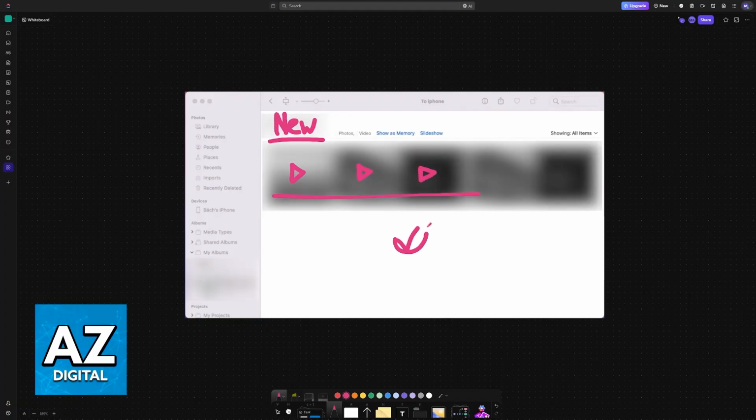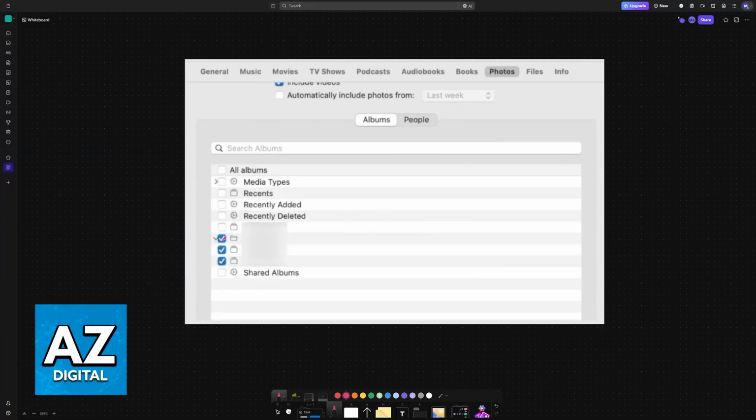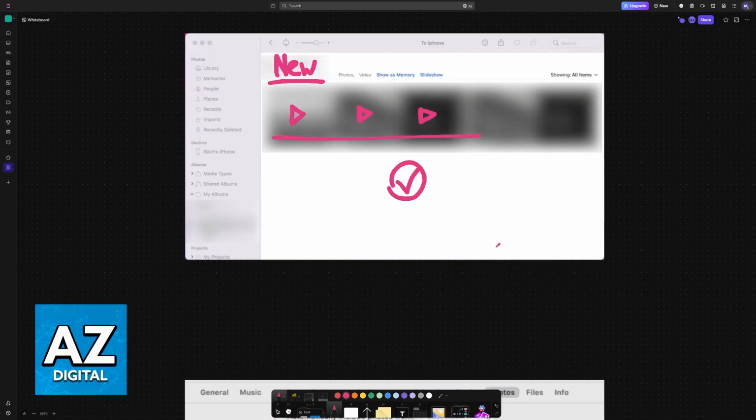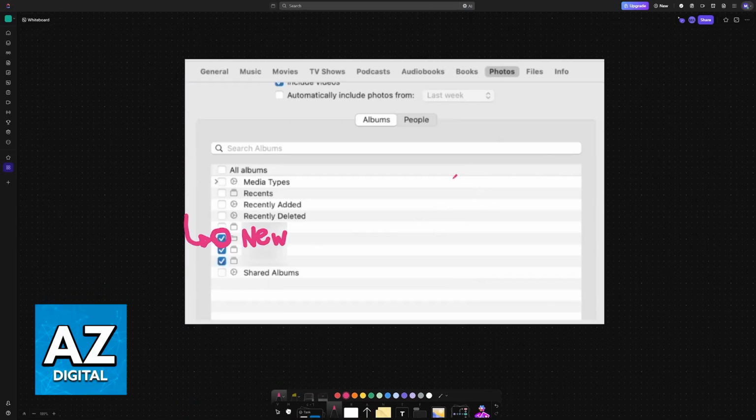Once you have all of them inside of this album, go back inside of that Finder view, and you will be able to find the new album that you created. Make sure that it is highlighted here, so you select it to be transferred, and then synchronize. This will take the album from the Photos app on your Mac and send it over to your iPhone, so everything will be available on both the Mac and the iPhone. Like I said before, you can also simply open Finder and transfer individual files if you prefer.